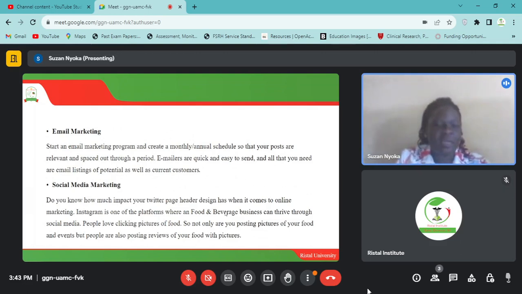Just like on Instagram, on social media generally, open your food page or your product page and post your products regularly. Any new product you've produced, you post it on Instagram. And the more people like it, the more it circulates, and they keep recommending it to the next person. The more they like, the more the recommendations to new consumers. So it is another way of marketing your product.